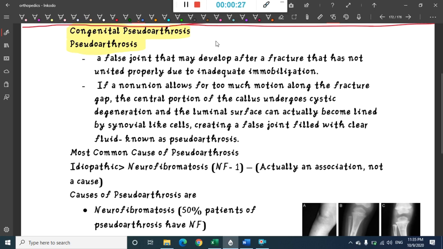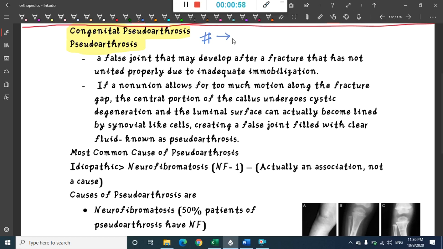So think that there is a fracture. Normally, if there is a fracture, you will immobilize it, and slowly after immobilization, for a few days there is callus formation, and this heals based on fracture healing. First there will be neutrophils, then granuloma formation, then callus formation, and finally bone laying, compact bone formation, and remodeling. All that will occur.